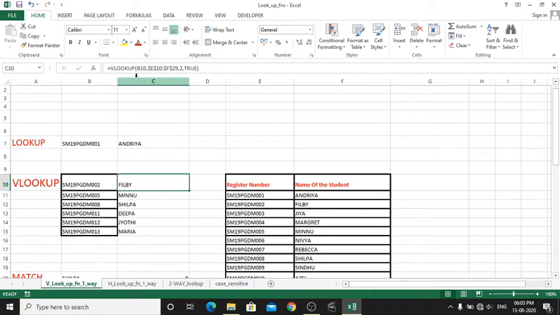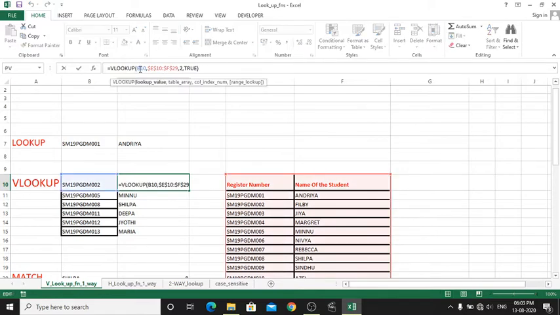Let's look at the syntax of VLOOKUP. VLOOKUP: lookup value, comma, table array, comma, column index number, comma, range lookup. Since VLOOKUP is focusing on column wise data, it asks for a column index number. Let's look at each argument. Lookup value is the known value, or the cell name of that known value.